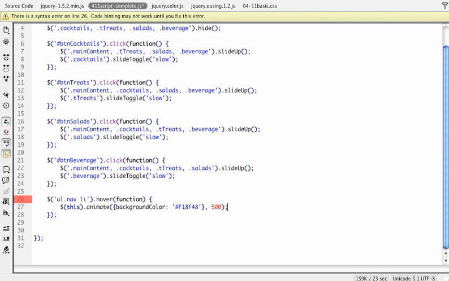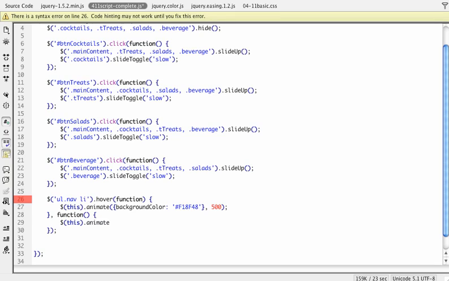And then we're going to go ahead and, remember when we're doing an event handler, we have to have what happens in this case when you hover, and then we're going to write another function for how the page is going to deal with when the user's mouse is off, not hovering anymore. So we'll go ahead and write another jQuery statement, and again we're targeting this just like we did before, and this time we will do a .animate,